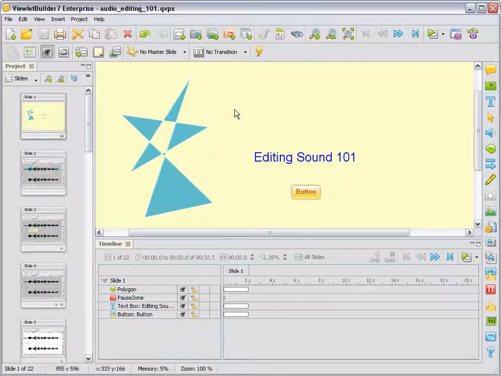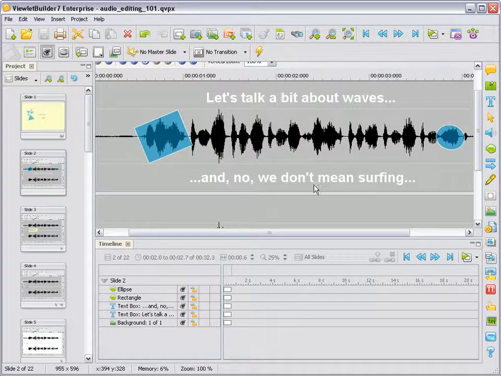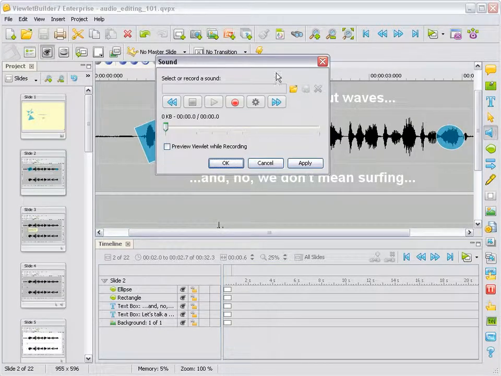Let's take a look at working with some of the sound features available to us in Viewlet Builder 7. Now, sound can be added directly to a slide or a slide object, and you can record audio directly in Viewlet Builder 7, or you can import sound files. First, let's go ahead and select a slide, and then we'll click the sound icon over here to open up